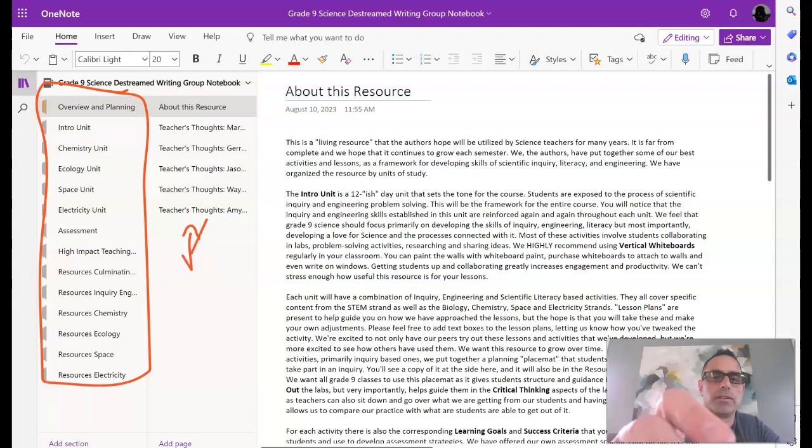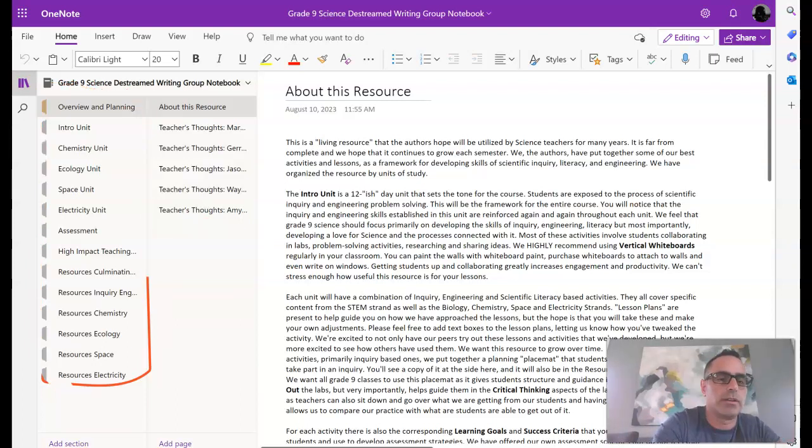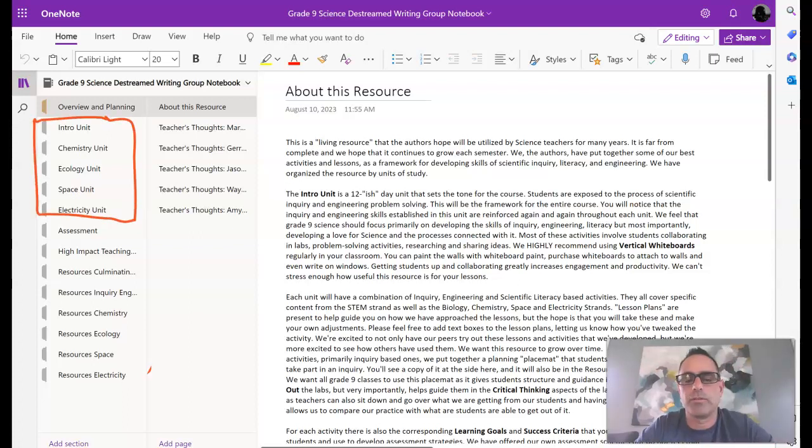A real quick recap here: the resource is broken down into some core units that you see right here. In these units, we actually have lesson plans. If you go into each of those units, you'll see inquiry-based lessons, engineering-based lessons, case study-based lessons, and scientific literacy-based lessons. Not only will there be a breakdown of how to approach that lesson with all the resources and things like that,